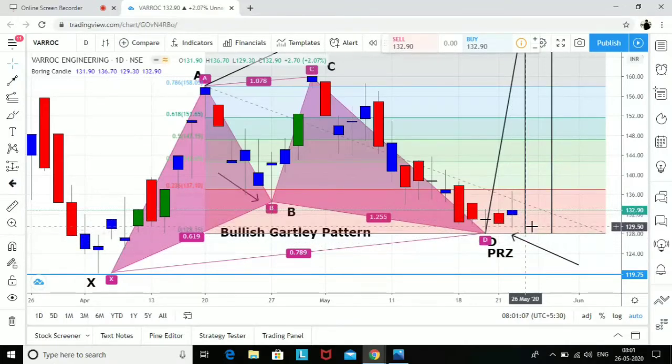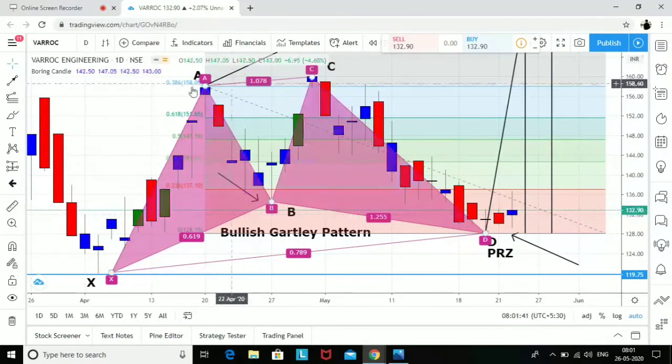So it's completely up to you whether you want to initiate a trade or not. This is just for study purposes. How to plot the pattern? I've shown you how to plot the pattern, how to plot the Fibonacci ratios, the importance of 61.8, which is the golden ratio, and then the final level, which is D. It is again low on the curve. Whenever it is low on the curve and it is giving a retracement from that level, which is 0.786, it makes it an ideal trade.